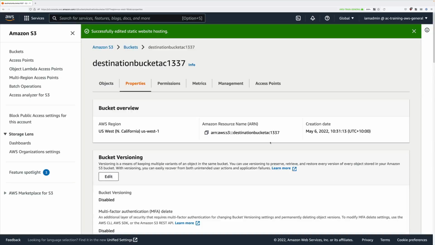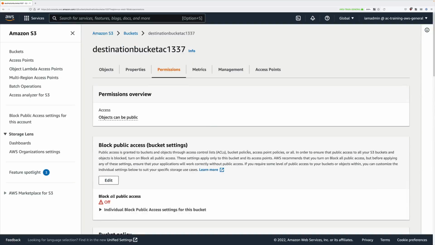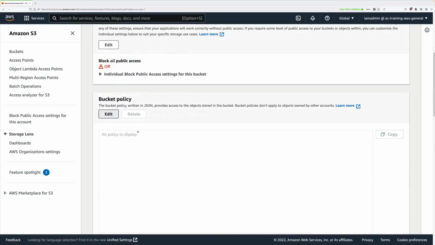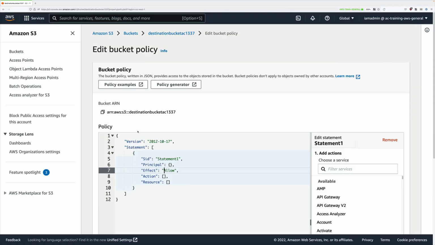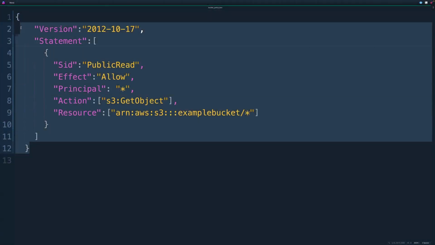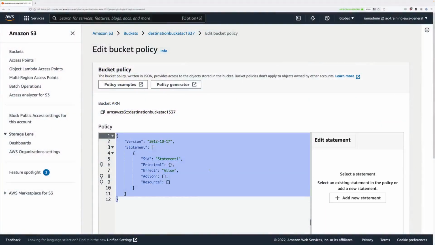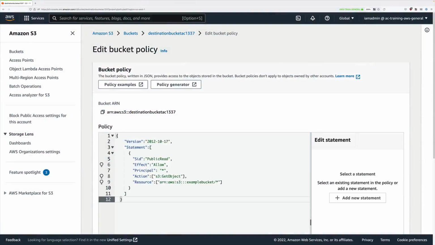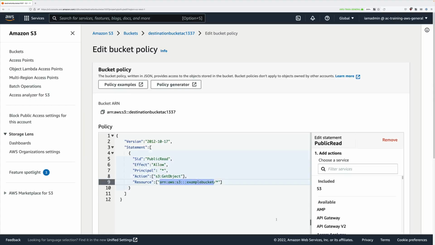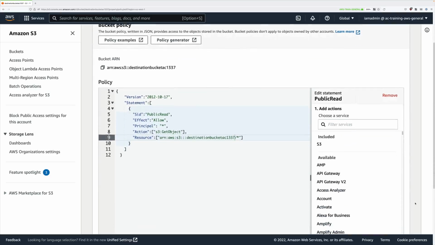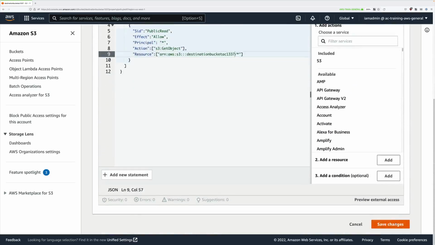Then we'll need to go to Permissions and edit the bucket policy, so scroll down, click on Edit for bucket policy. You'll need to copy this template bucket policy into your clipboard, paste it into the policy box, and again we need to replace this placeholder. So copy the destination bucket ARN into your clipboard, select from after the speech mark through to before the /, paste that in, and that will now reference any objects in the destination bucket,